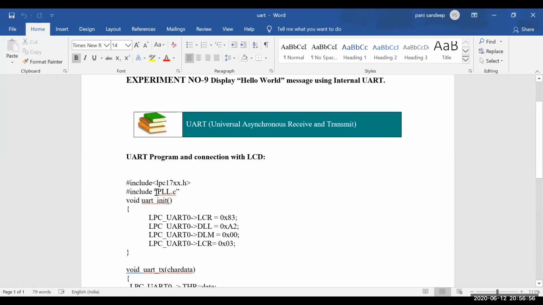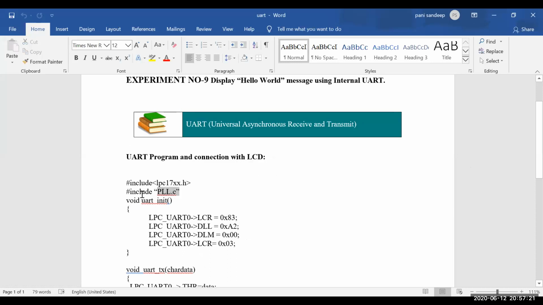I told you 25 megahertz is the clock frequency, right? But for UART operation, there is no need of using 25 megahertz for transmitting the data. So I'm downsizing the clock frequency from 25 megahertz to 4 megahertz, which is done using this phase locked loop program.